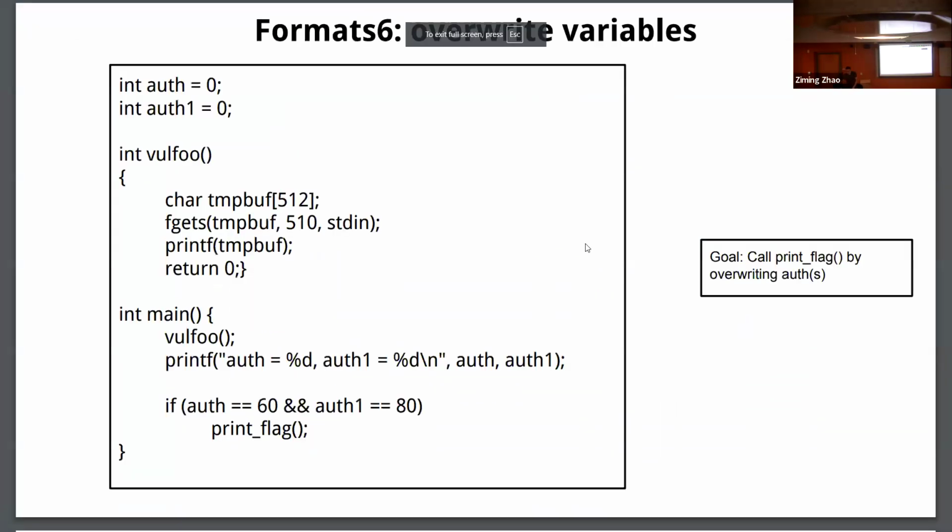Okay. This one is very similar. But we're overriding two global variables, os and os1. And we're overriding with a very specific value here. The first one is 60. The second one will be 80. And